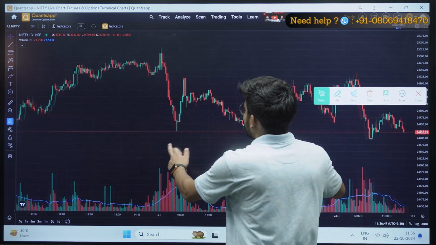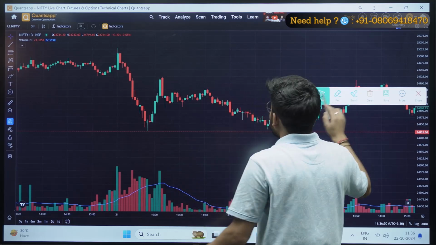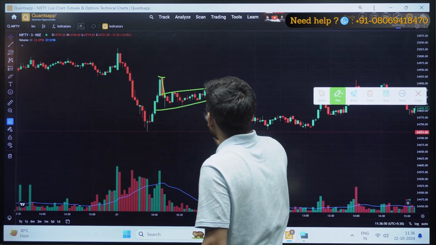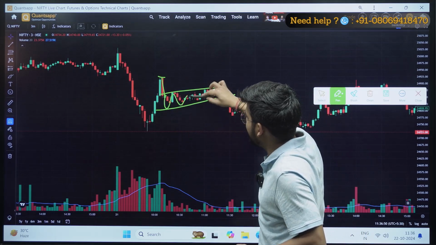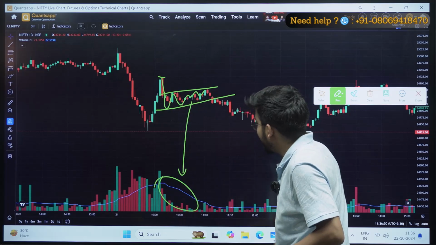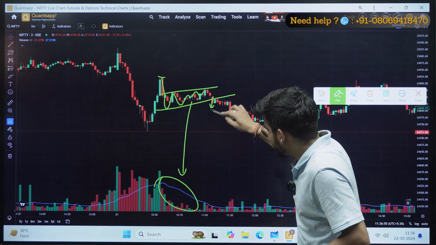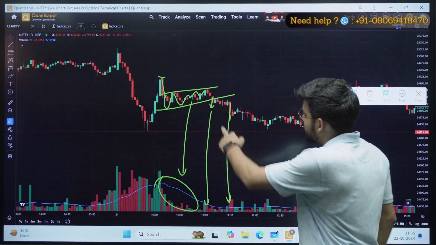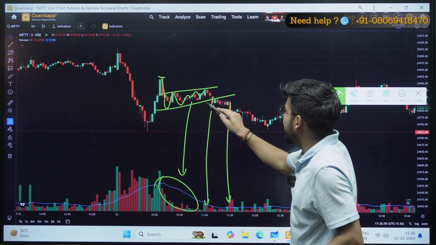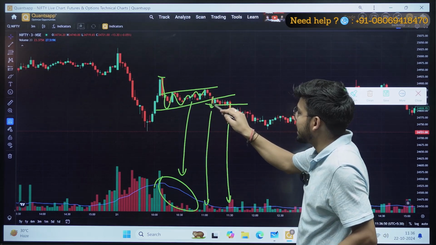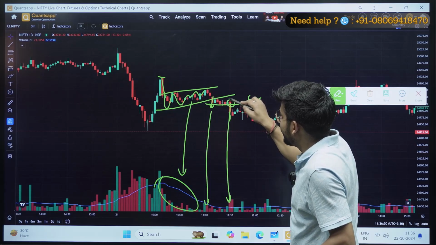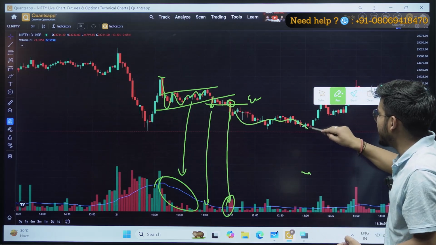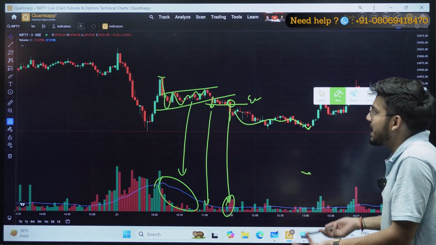There was an example of a pattern as well. You can see here there was a downtrend from this candle. Then there was a pattern created like this, and in this pattern I can see the market was moving in the upward direction, but the volume was blank. After that, when there was a breakout, at the breakout the volume was also not good, but at this candle you can see there was a breakout already. So I can mark the low of this candle as my entry point, and then whenever there is a breakout of that entry point with a good volume, you can see there was a good downtrend in the market. So this is how you can analyze it also.